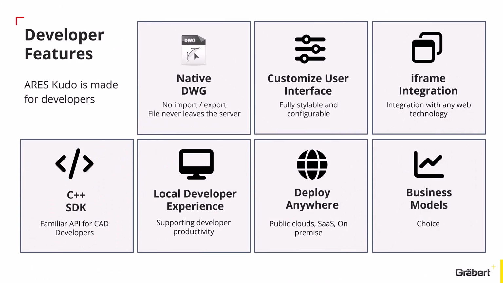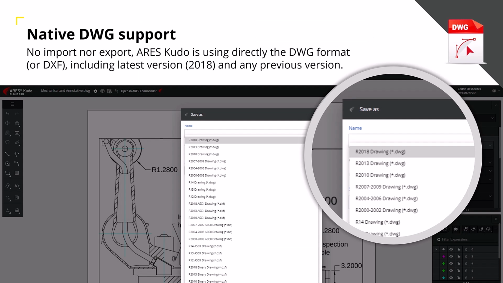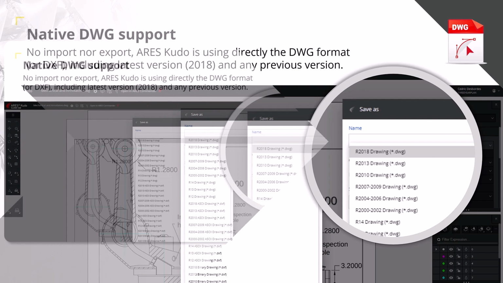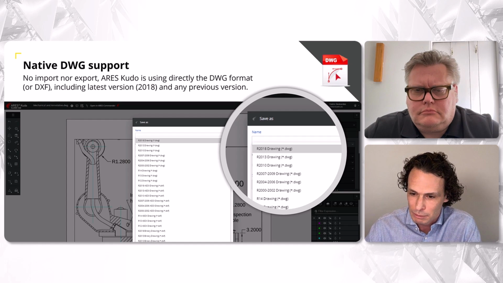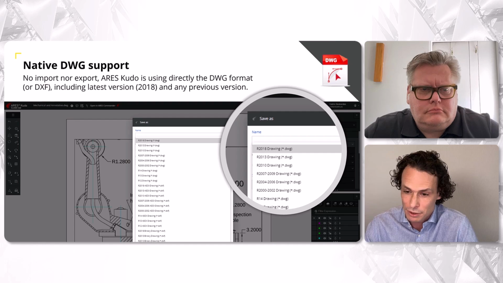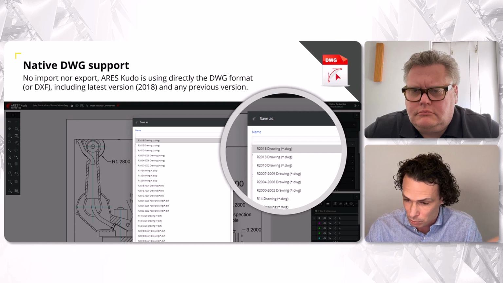So the key things for us, native DWG, we're not asking you to convert data into another format. It allows us to edit directly without having to do any kind of intermediate steps. We'll show you examples of customization, how technically we're integrating the local developer experience, how you can deploy this, and we'll talk very briefly at the end about business models here, right? So natively, we're running internally DWG 2018, right, the latest format, but you can go back or bring in any format version that you have available. We even support certain custom objects in here, and if you need some other ones, we're happy to have a conversation with you.